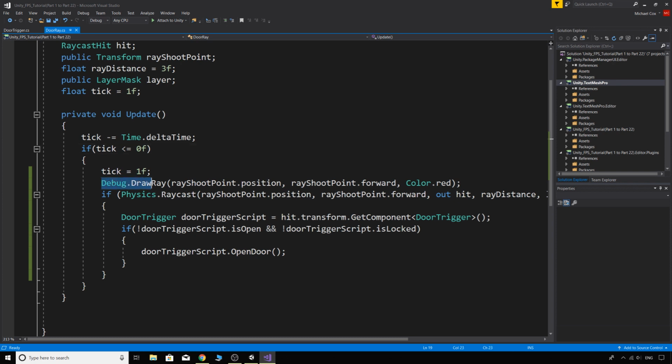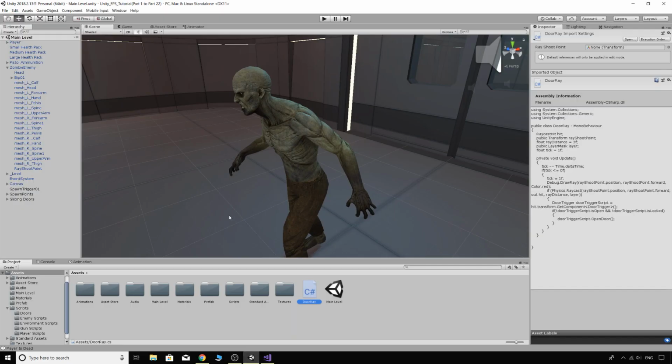And then I've just made this built-in Unity function, which is the Debug Ray, and all we need to do for this is have the shoot point position, and the direction we want the ray to go in. So we've got the shoot point dot forward, which is on the Z axis, and then we've changed the color of the ray to red. So this is just used to actually see the ray. It's just used for debugging basically,